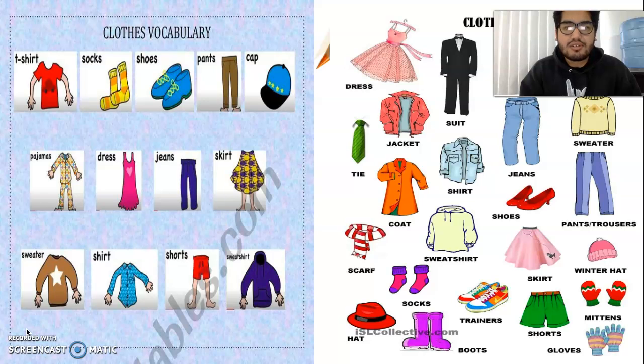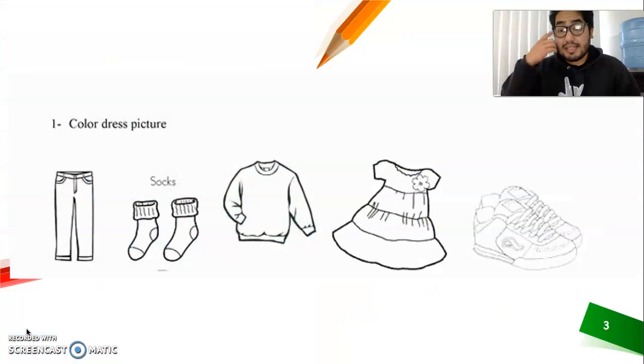It was just a reminder so you can practice. You can see that the skirt is a falda, dress, okay, jeans, all of that. Good? Okay, now we're going to practice a little bit. For example,